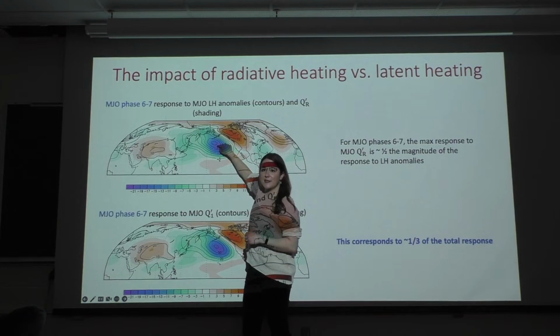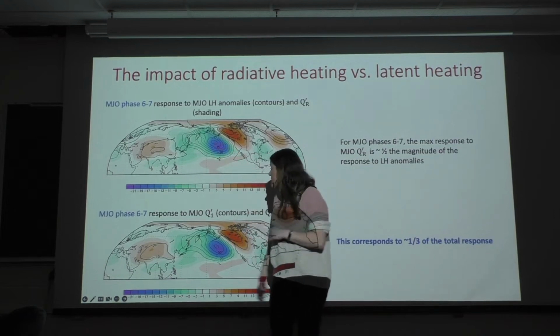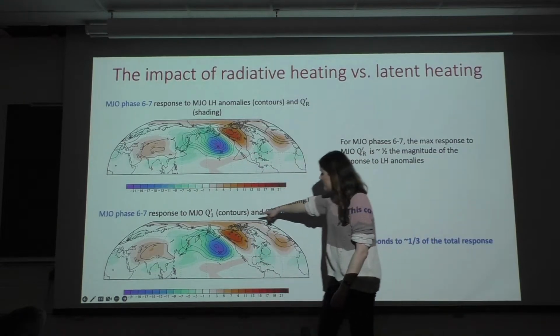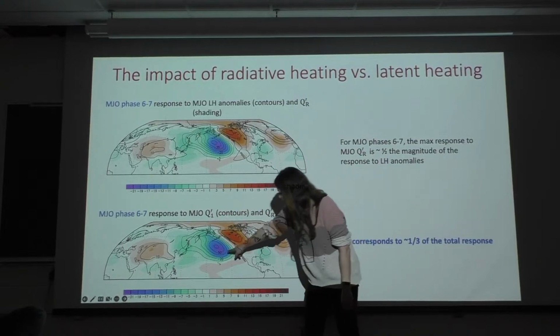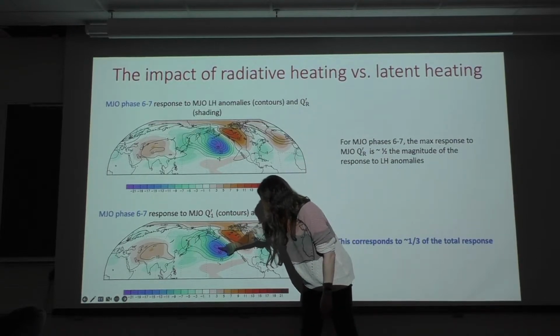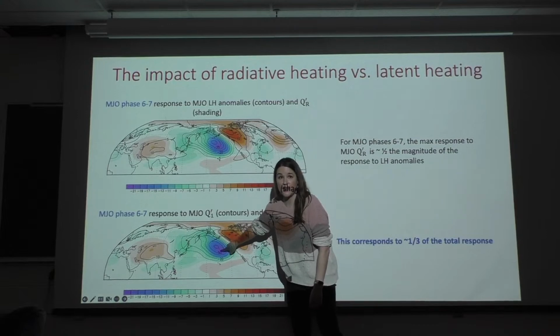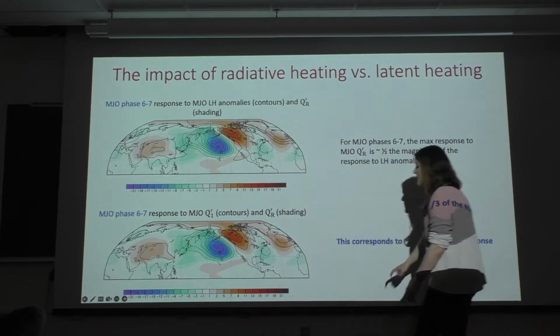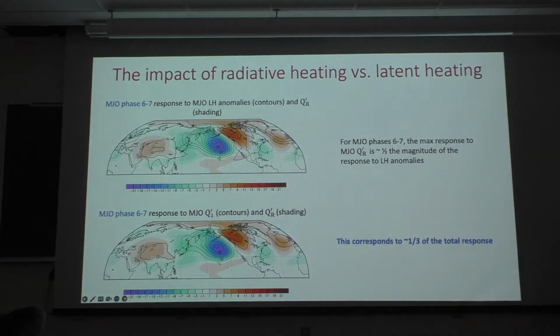So again, it's a 50% difference. If we compare to the full Q1, now this goes to minus 60, versus QR forcing minus 20, so that's a third. A third of the total response in Q1